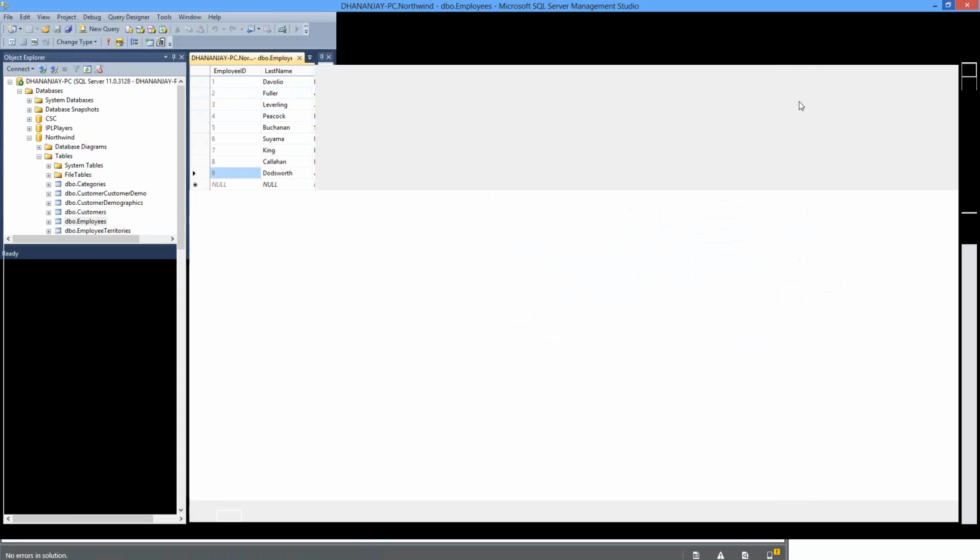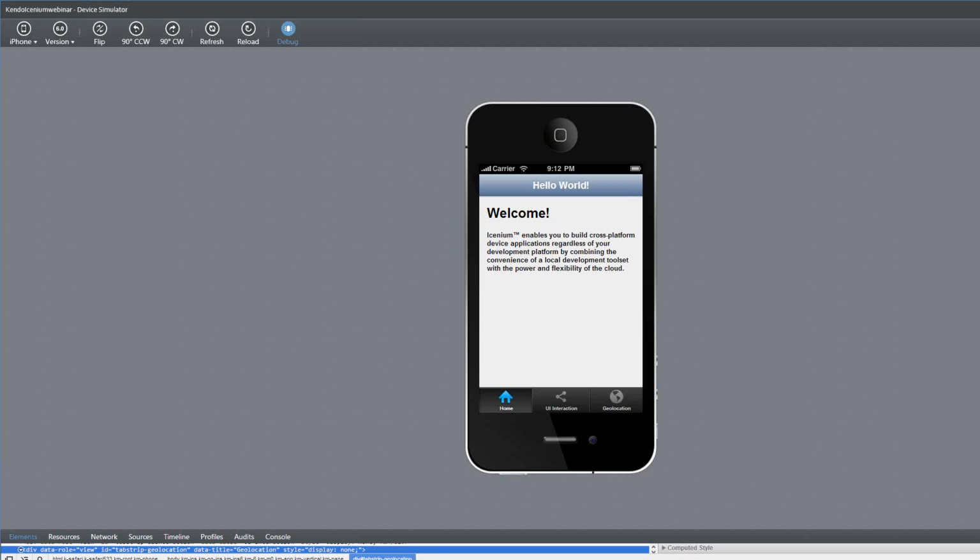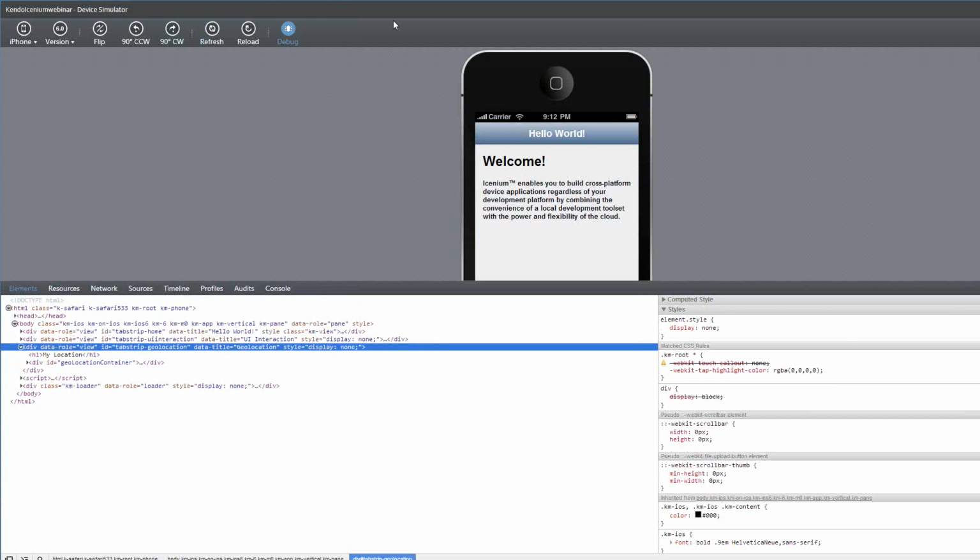So you see this is a very popular database, the Northwind database, and this app is going to perform CRUD operations on this database. It is going to fetch records from the database and then insert records into the database. So if I want to show you,